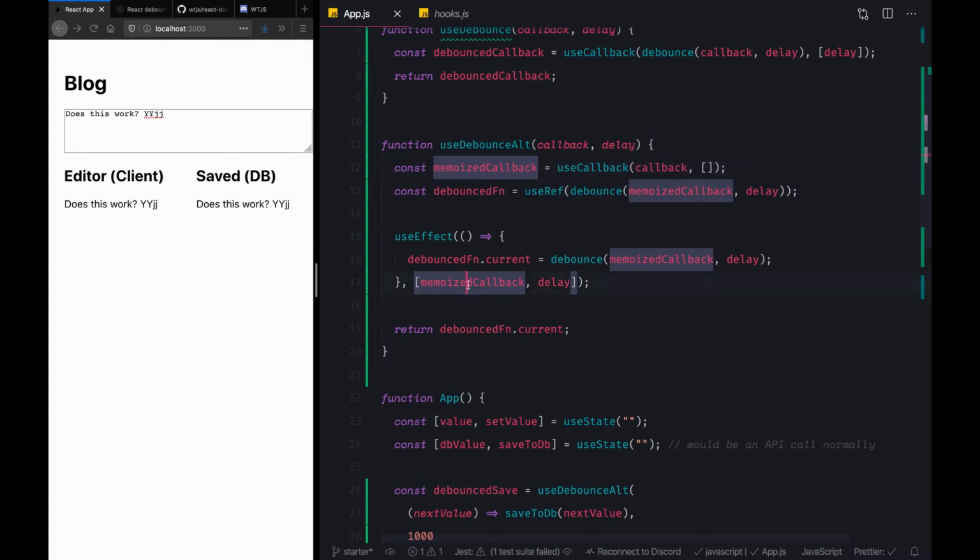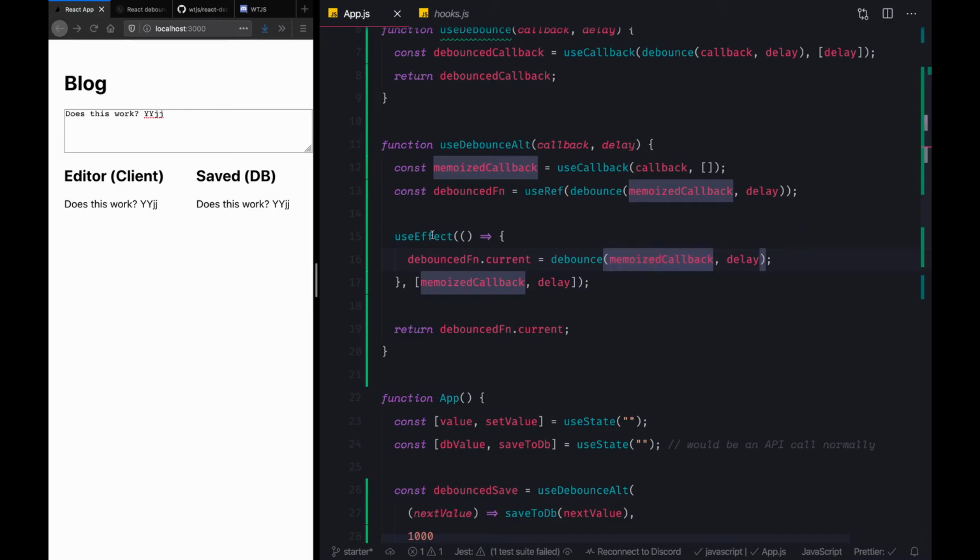So even though we are passing this to the useEffect's dependency array, this won't be changing. And because this won't be changing, the debounce function that we create over here, or over here in the useEffect, would refer to the same one.